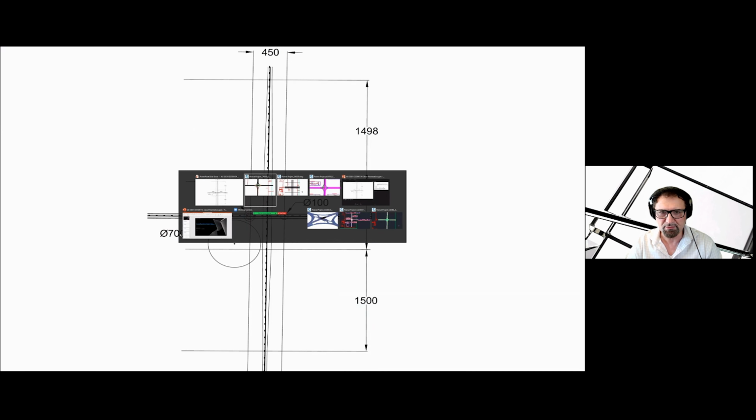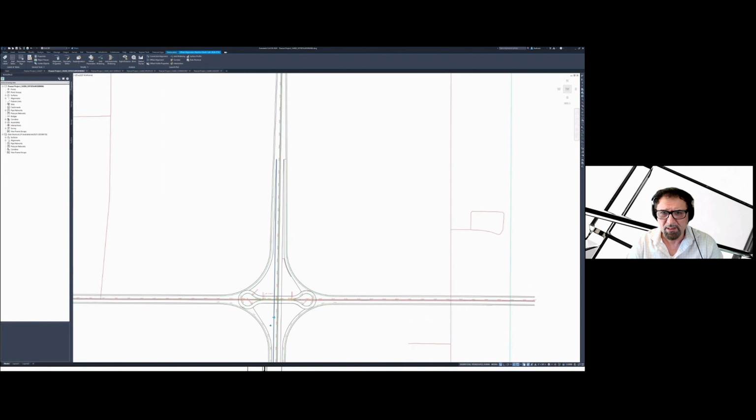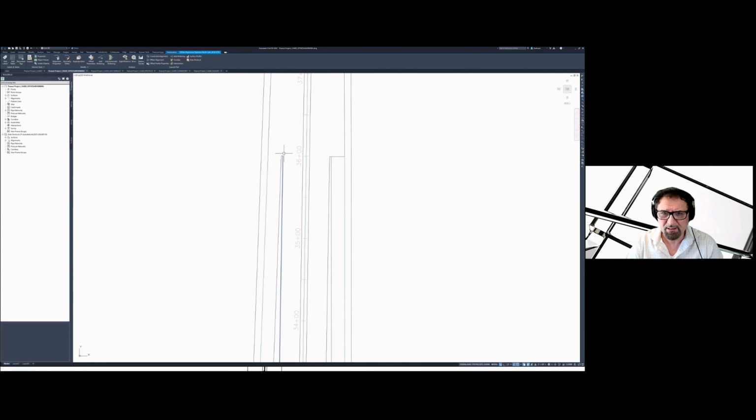So I'm going to go back to that alignments drawing, and let's take a look quickly at what we have there. So in this widening, all that's left is from basically where the nose of that exit ramp is.